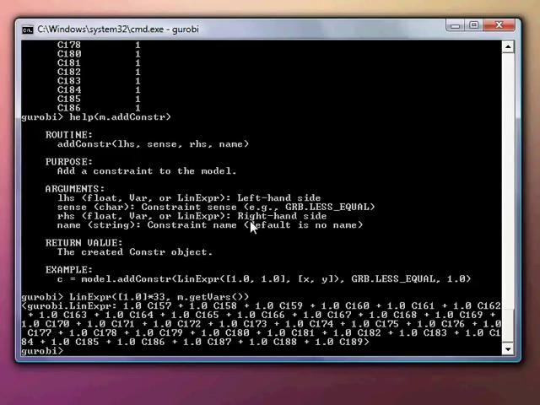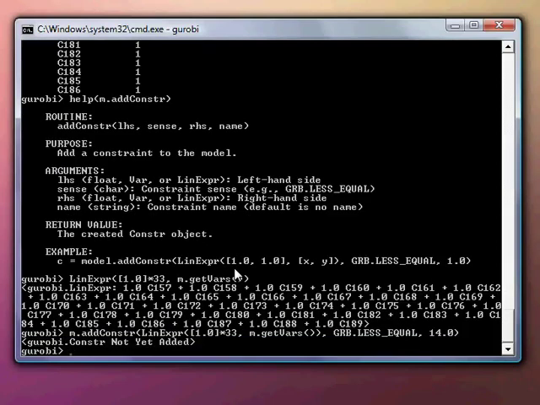And now we can use this to call the add constraint method. So we're going to call m.addConstraint. And we use the linear expression that we just built as the first argument, less equal 14.0. Okay, so that has added the constraint to the model, but recall that we use a lazy update approach, and